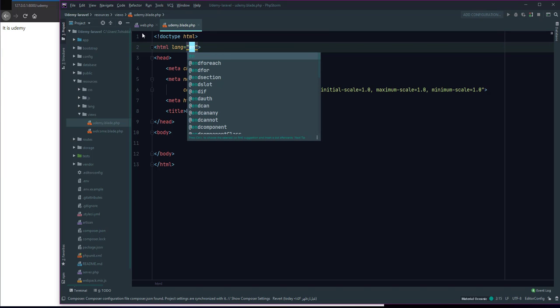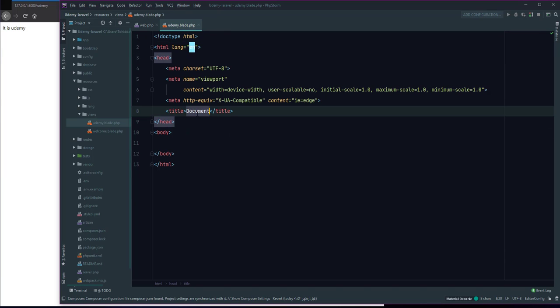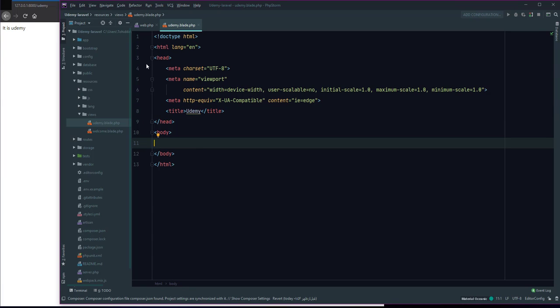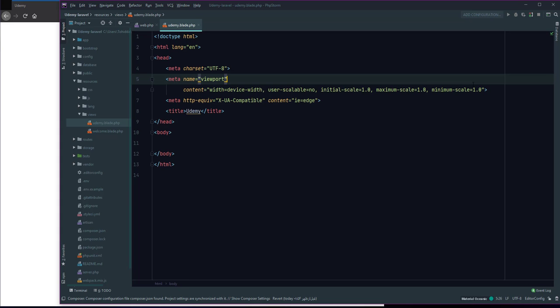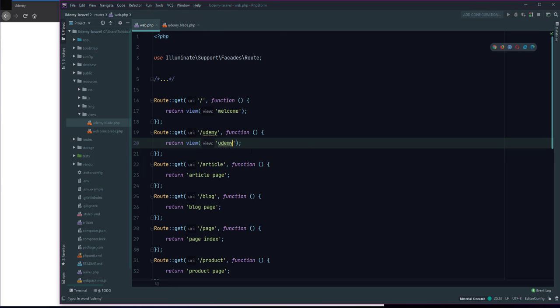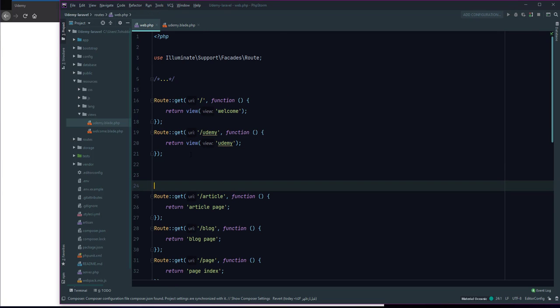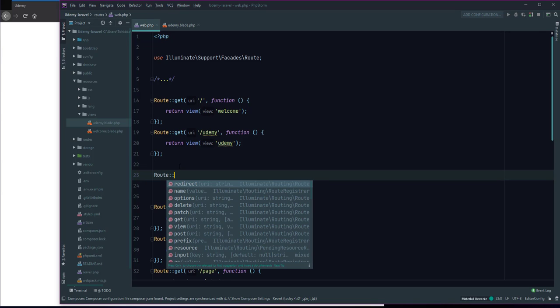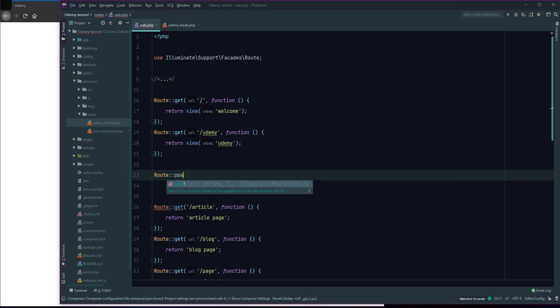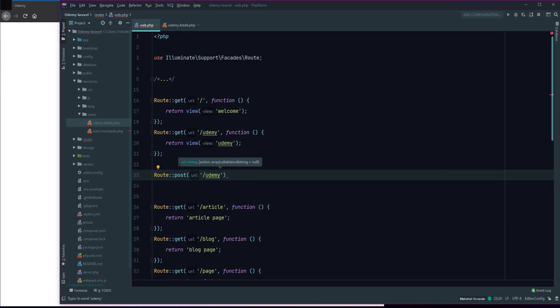HTML for the post method. We can use the post method in HTML, and I defined this route post, and Udemy,